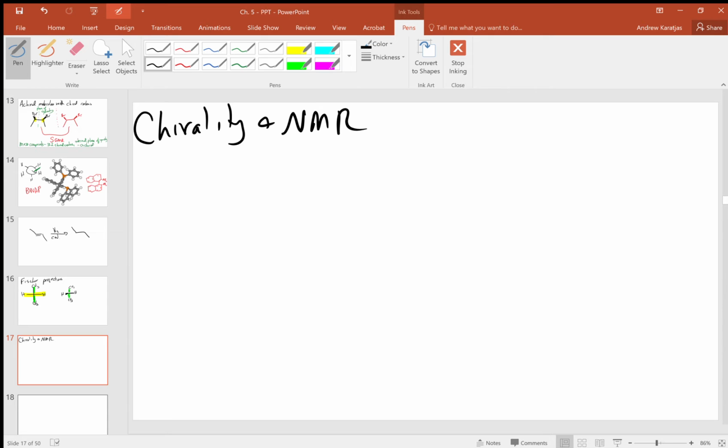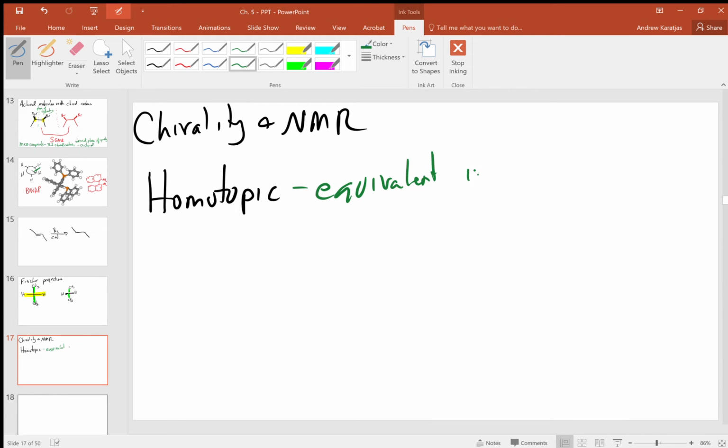So the last piece of this section is the fact that chirality can also have an effect on spectroscopy. And that's because we can define any two protons, especially when we're talking about protons on the same carbon, as homotopic, which means they're equivalent in every possible way,